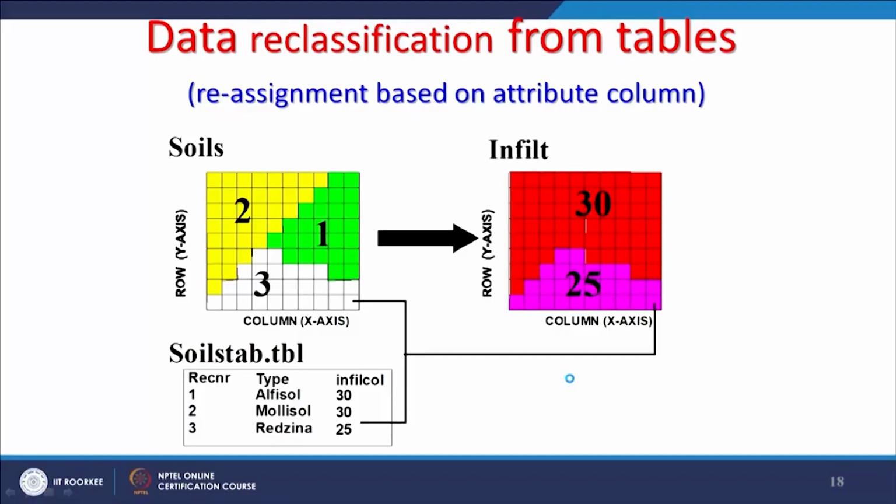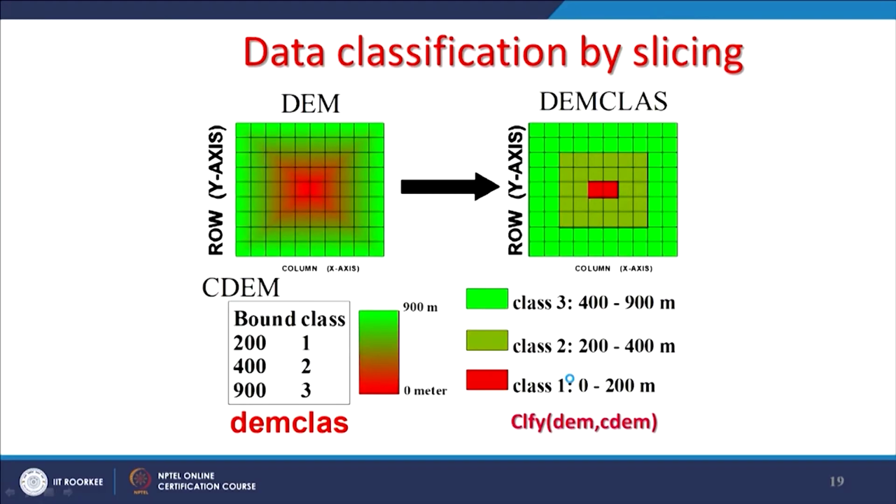Also one example, data classified from tables from the attribute. You can see here that infiltration values can be done like that. Now, DEM classification I have already given an example. Here the elevation values in my grid vary between 0 to 900, and this is my digital elevation model. When I classify it, I am creating categories: 0 to 200 meters should get this color, 200 to 400 meters should get this color, and 400 to 900 meters should get this color.